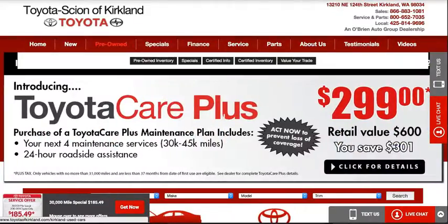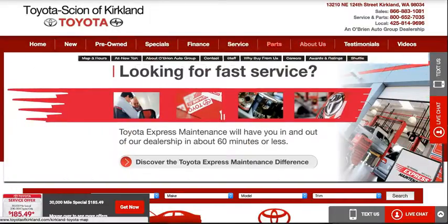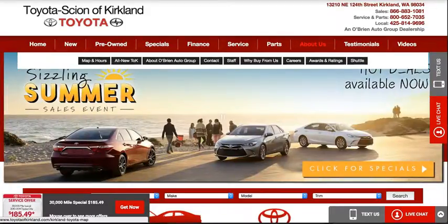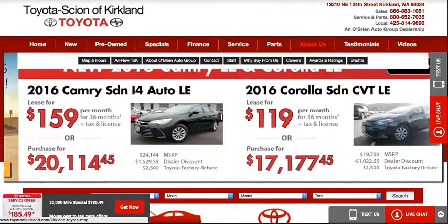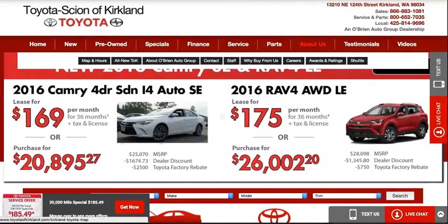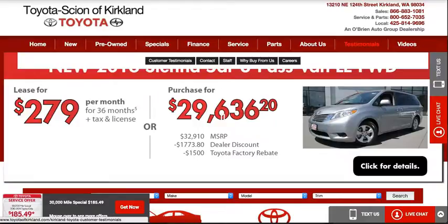So that would be new, pre-owned, specials, then research, then maybe service and parts, and then finance, and then about us. About us, in my opinion, is always the last tab. Some people call it about us, some people will call it contact us. It's entirely up to you, but I think the about us incorporates a lot of these other things like testimonials,